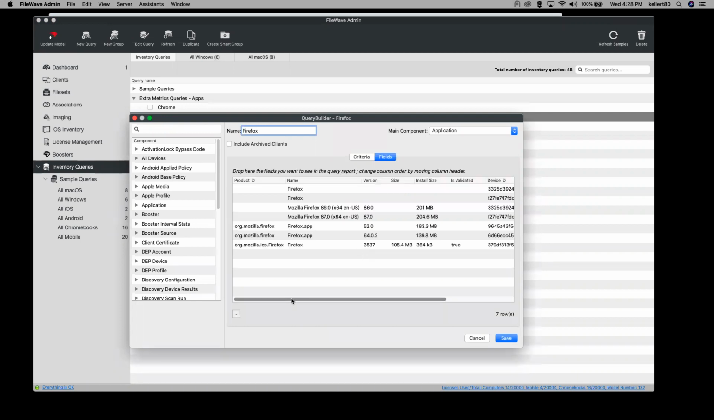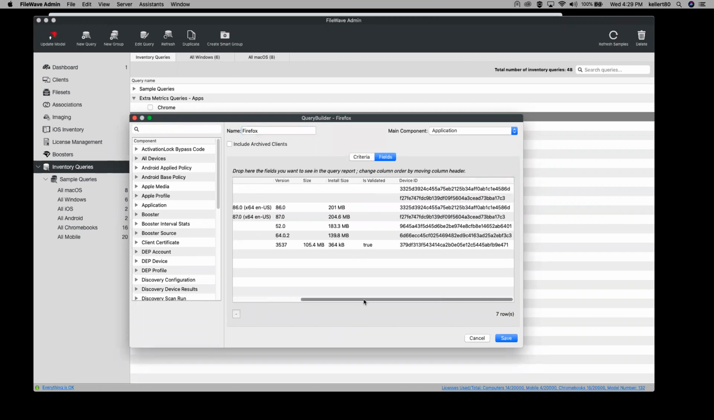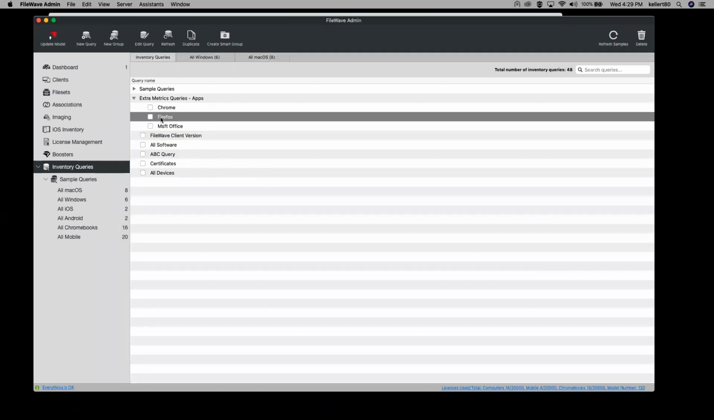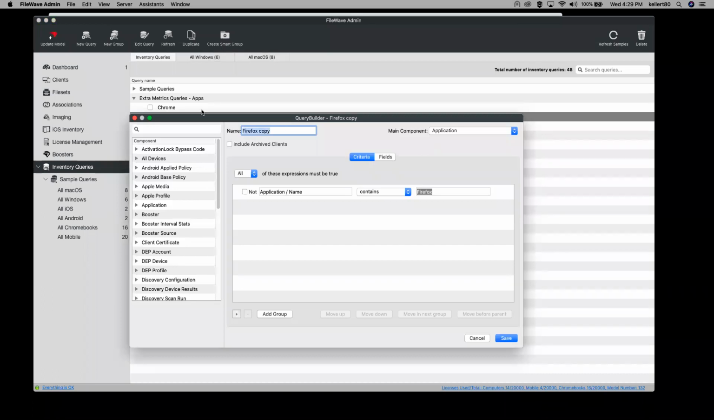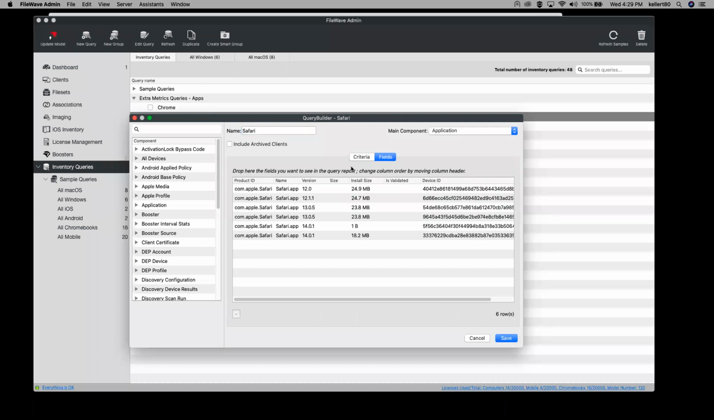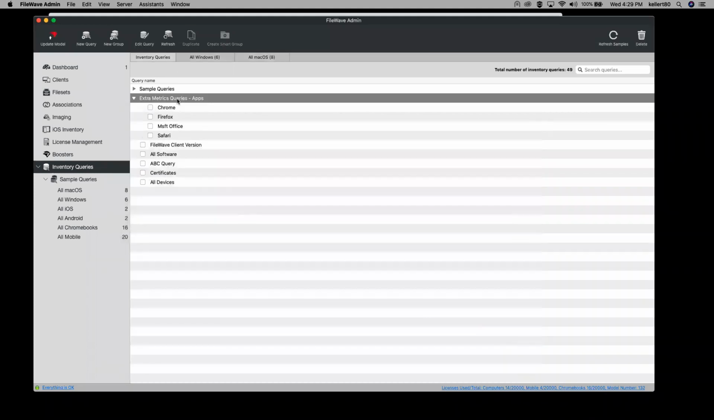So in the fields results, I don't know that I've got any duplicates. I'm probably pretty clean on that. But I can make other things too. So let's do Safari. If we duplicate this and we call it Safari, extra metrics reads this. So this is just your normal inventory query, and we can see the version information on the multiple devices we've got. If I save that and it's saved in this group, the extra